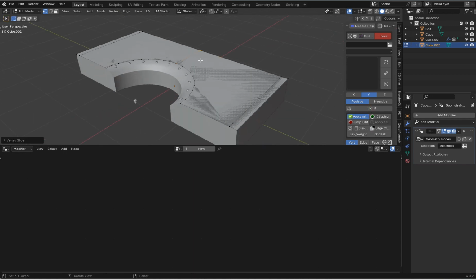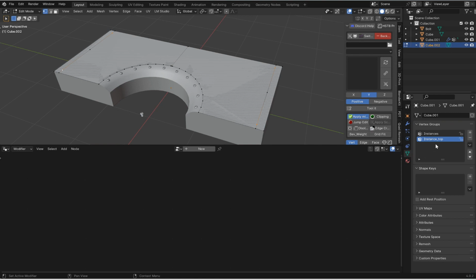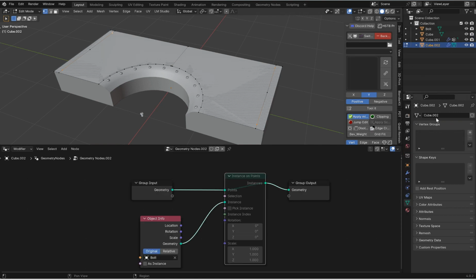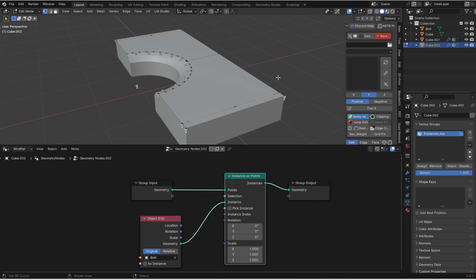And I'll just go ahead and mirror that again. Looks good. No mirror modifier. I'm hanging around. So I'll take these points and I want to assign them to the new group. I just have to make a new group because that was actually a vertex group on the other model. No big deal. So this would be instances top, just to keep track of it, which is nice. As soon as I apply that and then open this back up,